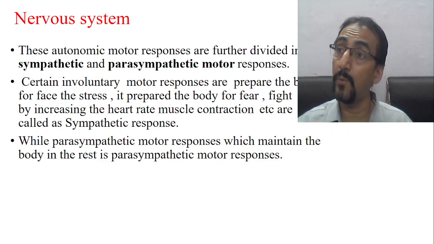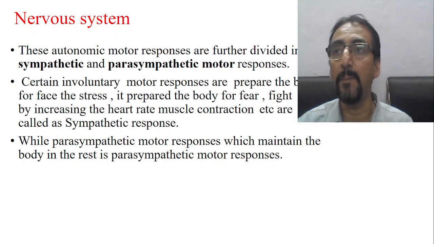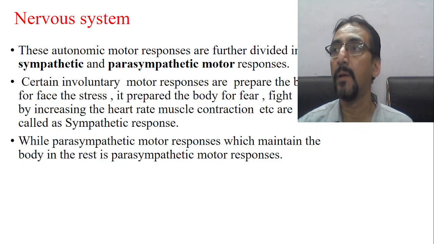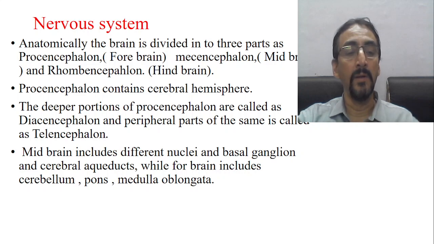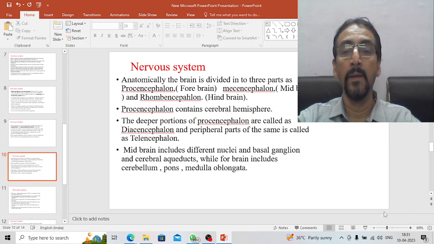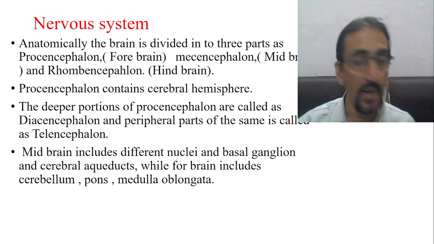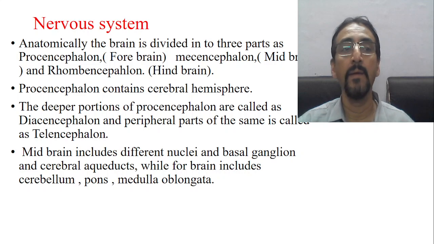Okay, so one which involuntarily makes ready your body for this situation, इसके लिए जो response ऊपर से नीचे तक आता है, that will be carried by the parasympathetic nerves. So sympathetic and parasympathetic are the two divisions of peripheral motor system, involuntary. Okay. So this is how the division goes. Now, if you again want to divide the nervous system anatomically, अगर nervous system को आप divide करना चाहते हैं, okay,